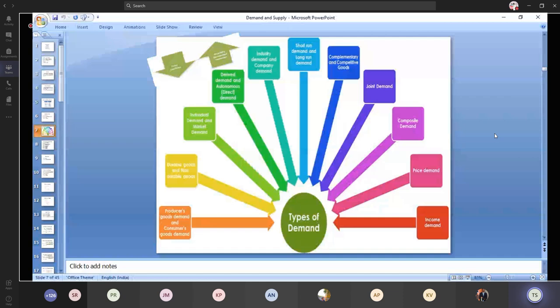And the next one is derived demand and direct or autonomous demand. What do you mean by direct demand? What's the difference between direct and indirect demand, or autonomous or derived demand? I think direct means we directly consume the products we get from anywhere, and indirect means we will use them for some services or for some work.